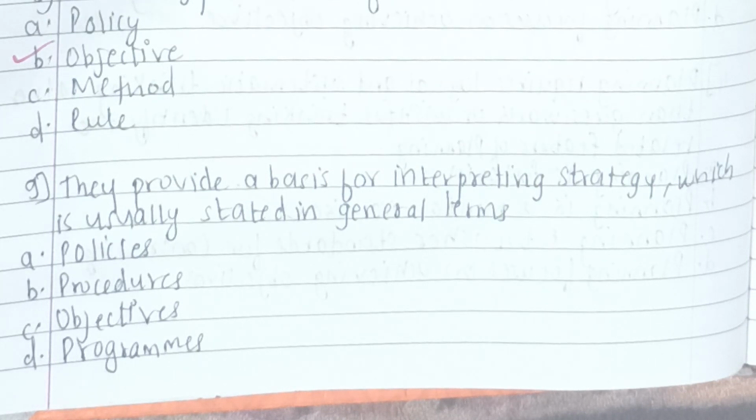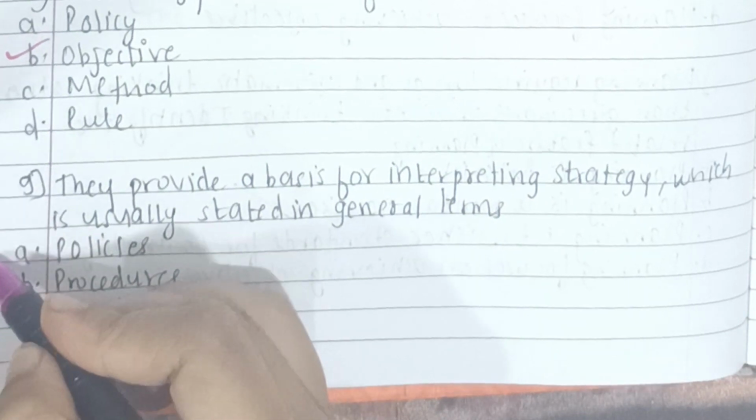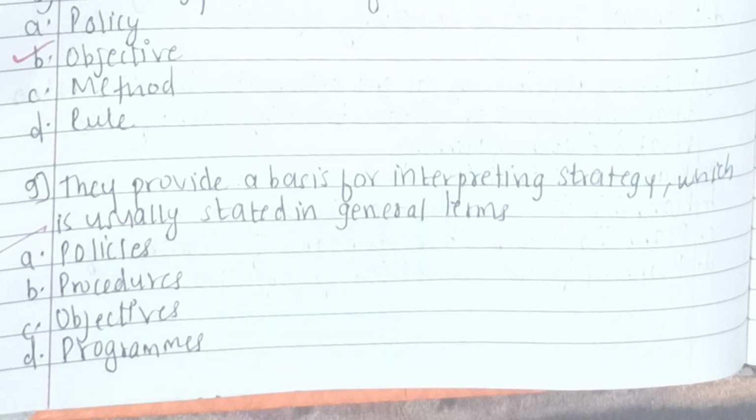For example, the company may have a recruitment policy or a pricing policy within which the objectives are set and the decisions are to be made. If there is an established policy, it becomes easier to solve the problems or issues. As such, a policy is a response to a particular problem or situation. Here the right answer is policies. Whenever we are given a particular situation, we know that there are certain guidelines that we need to follow. These guidelines are basically the policies. When we go through the policies, we will know how we are supposed to interpret a particular strategy.